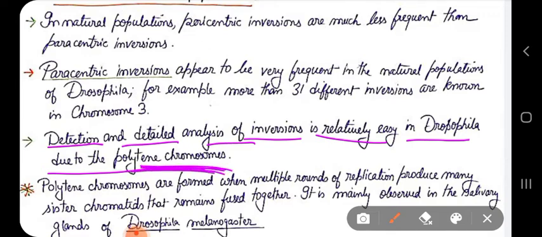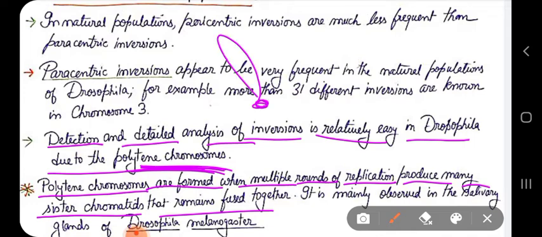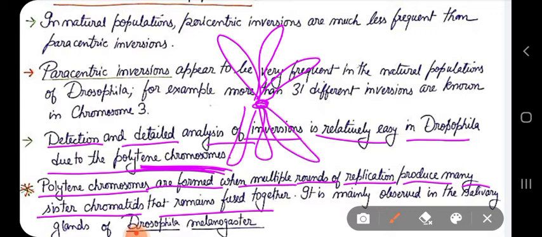This will also be explained in a separate video, but I am trying to say a little bit briefly that polytene chromosomes are formed when multiple rounds of replication occur and produce many sister chromatids which remain fused together. Like if this is a centromere, there is one chromatid, there is another chromatid, there is another chromatid. So there are many sister chromatids fused together to form a polytene chromosome, which can be easily visualized